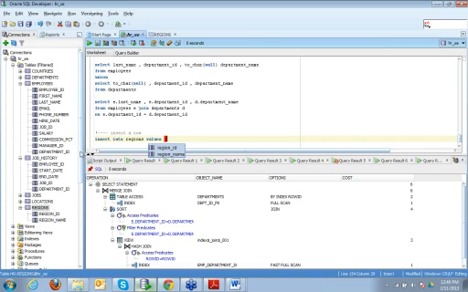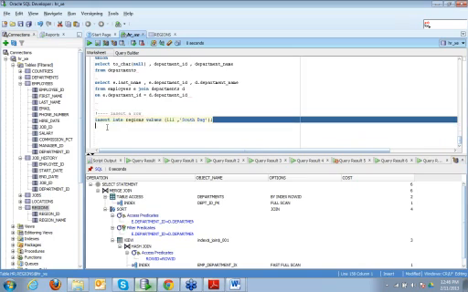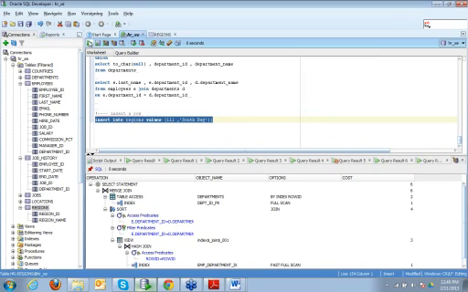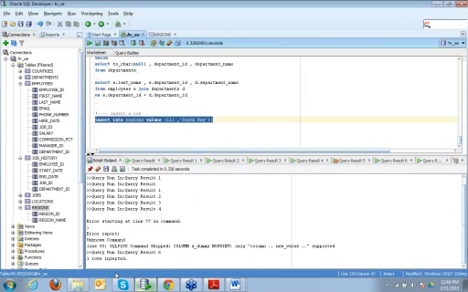Let's say region ID. I have to see what type. It is numeric type, so I can write, let's say 111, and region, let's say South Bay. Okay, and semicolon. And if you see here, the result is one row is inserted.